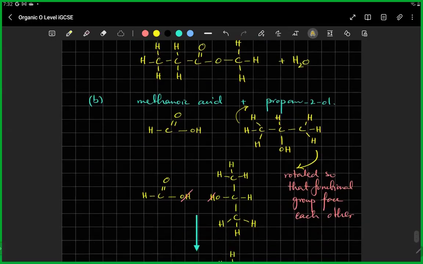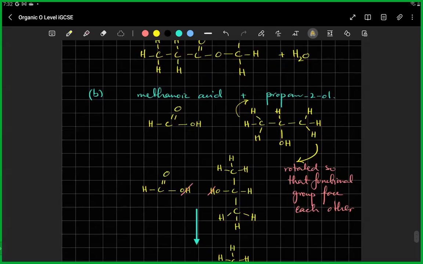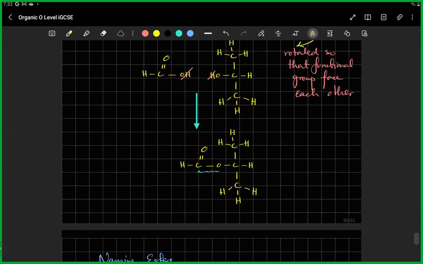अच्छा अब तो ये खत्म हो गया हमारा carboxylic acid. We are done with carboxylic acid. ठीक है, और esters भी हो गए. बाकी हम past papers practice करेंगे, उसके अंदर we'll come back to this. Now